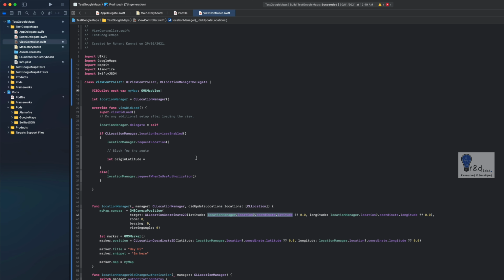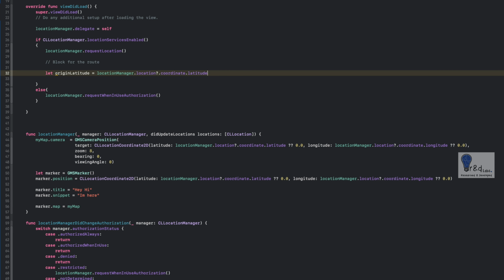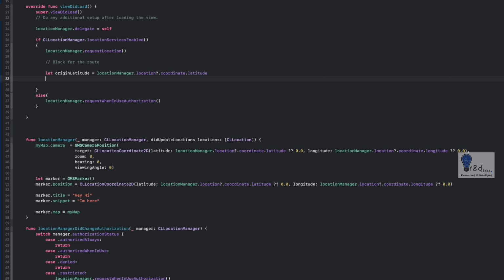So let's copy this and we will place it right here. Okay, and we do have the origin longitude, right? So let's write origin longitude is equal to, and we will have to copy the one that we had written here. Sorry, this is the one,